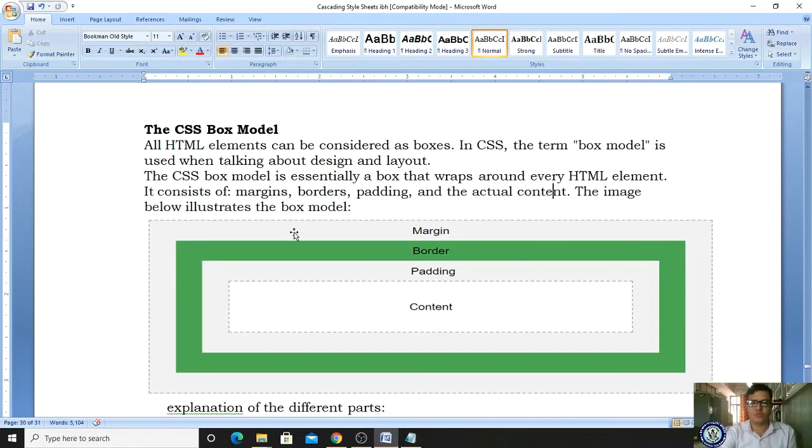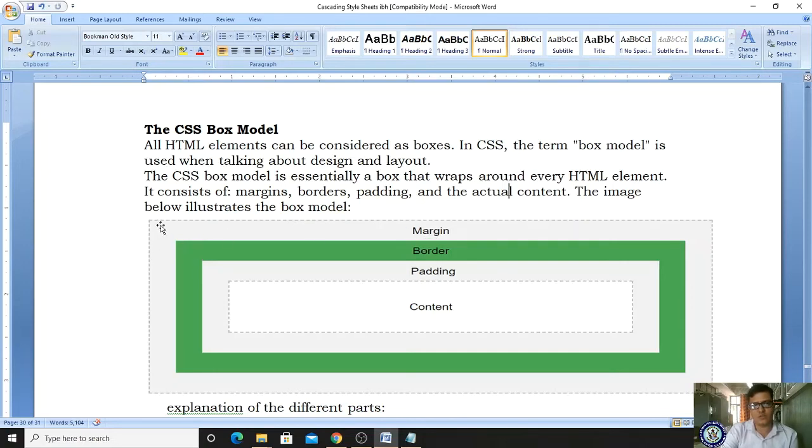So we have to control the appearance of your website or your book. We have to give more concentration to margins, borders, padding and actual content. The image below illustrates the box model, right? Here you are seeing a solid border, with width and height specified, padding specified, and also the margin.